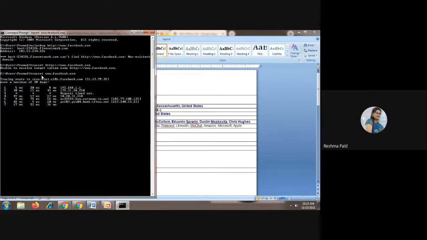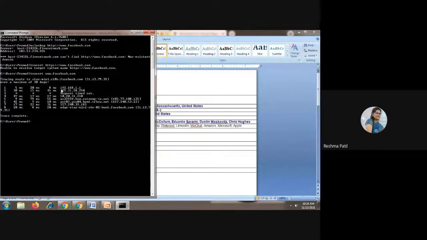You are not directly communicating with Facebook. Here is the direction, how you are being directed. This is the first location. Here you are. How you are being directed from here to here. These are the hops in between. And how much time it has taken to reach that point, that is also mentioned here. So one more address you have received here for Facebook, 31.13.79.35.